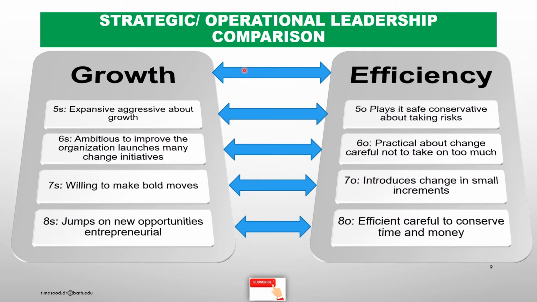Second layer, strategic operational leadership comparison analysis on the second layer, growth versus efficiency. On growth, you can see 5S, 6S, 7S and 8S, 5O, 6O, 7O, 8O. The first: aggressive about growth, versus plays it safe and conservative about taking risks. Ambitious to improve the organization, launches many change initiatives, versus practical about change, careful not to take on too much. Willing to make bold moves, versus introducing changes in small increments. Jumps on new opportunity, entrepreneurial, versus efficiency, careful to conserve